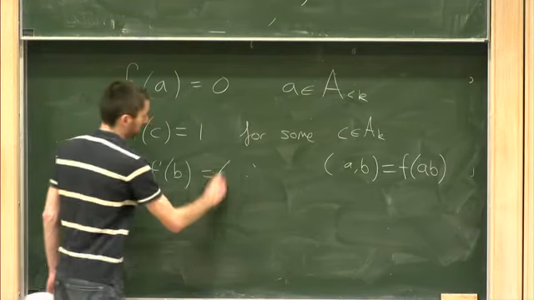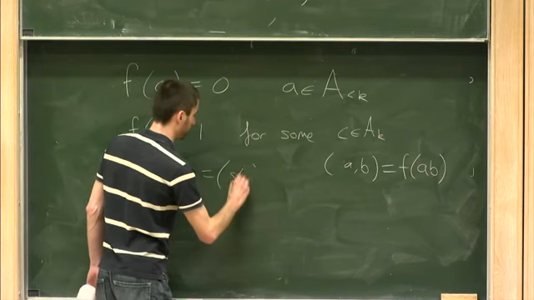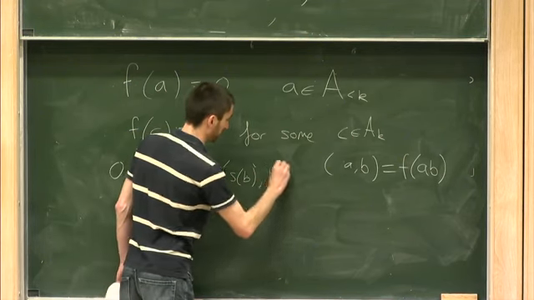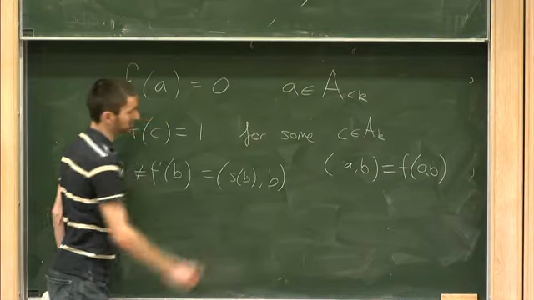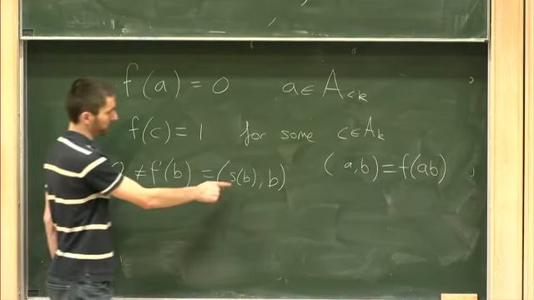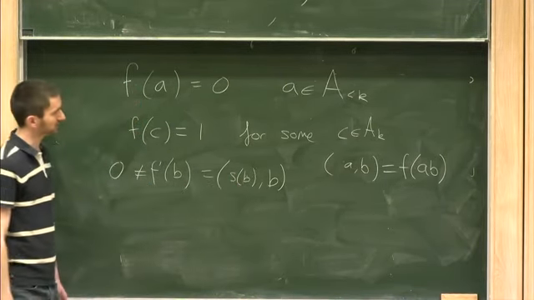So for any path b of longest length, f of b is the same thing as the bilinear form applied to the source of b, so the starting vertex of the path b,